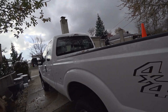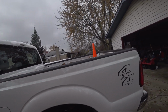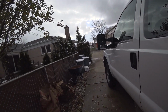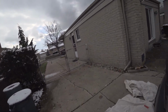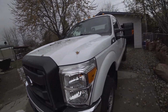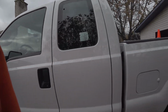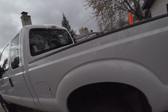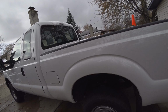It also helps to have a good weight rating on the rear axle, and whenever possible, it's best to get as much payload as possible. So if you were going to do a diesel with Super Duty, it'd be best to go with a 350. And like I said, if you're going with diesel, it's best to do a 350 with the payload package, because the diesel is going to be a couple of hundred pounds heavier on the front end, and having a little bit extra capacity even on the rear end, or in general with the truck itself,